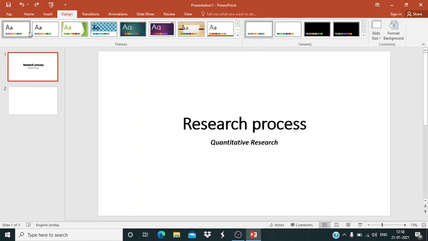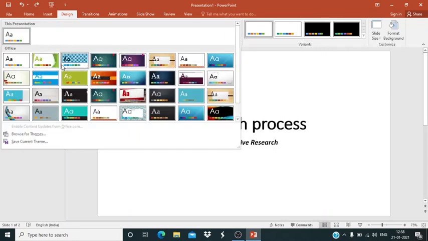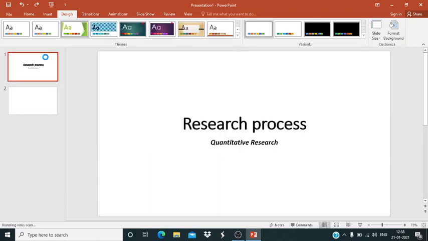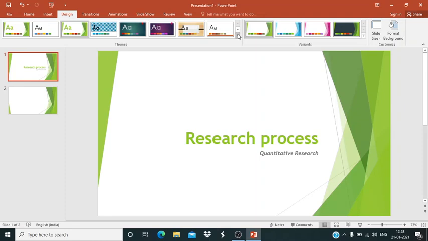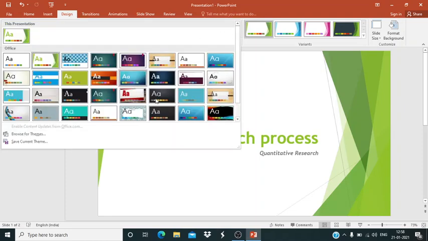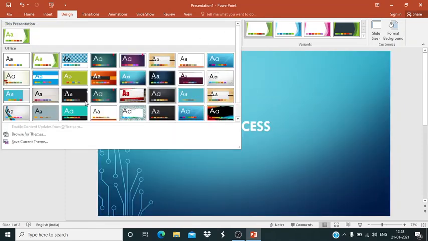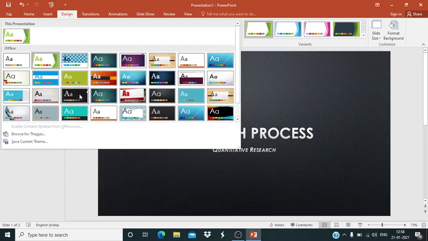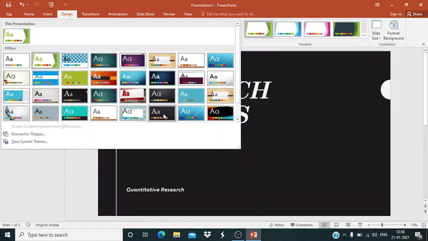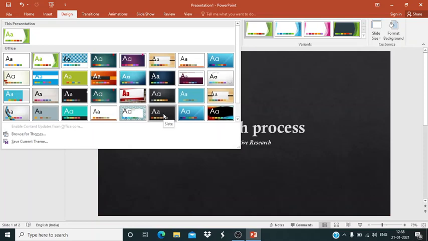Now you find so many different designs of slides are there. Again, I'm going on to this launch button so that I find so many slides. Whichever slide you like, you can just click and see, and select any one. Maybe this blue or maybe this gray, whichever you feel is good. So many different templates are there.